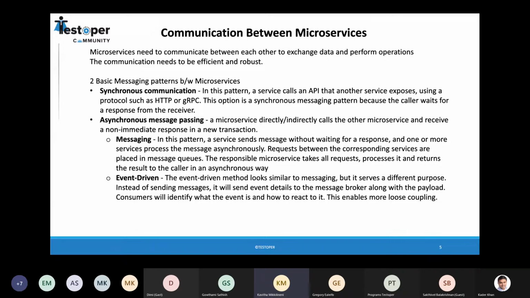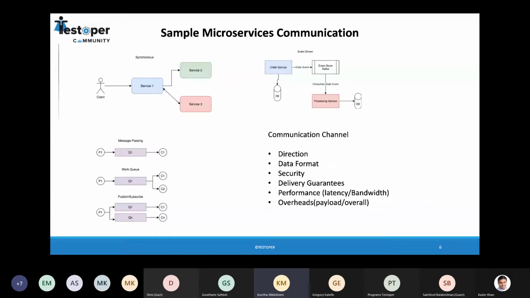So this is another way of asynchronous communication between microservices. I've just shown this in a small diagram. So if we go here, this is the synchronous approach, where we have the client making a call to a service, and it in turn communicates with the other two services, and we can see it is waiting for a response, or it is like an HTTP protocol being there.